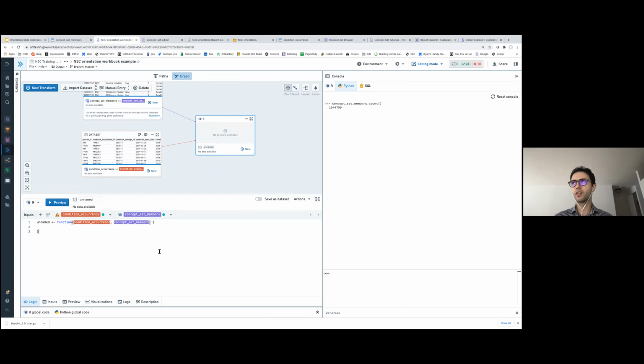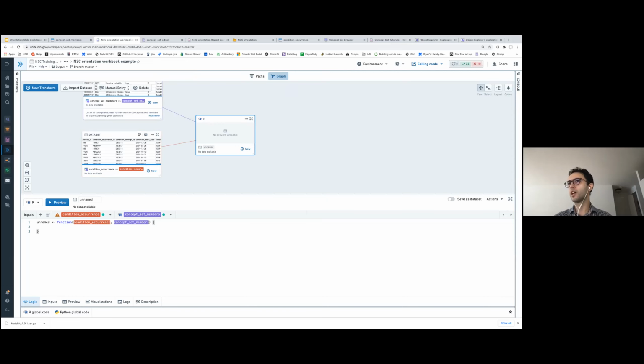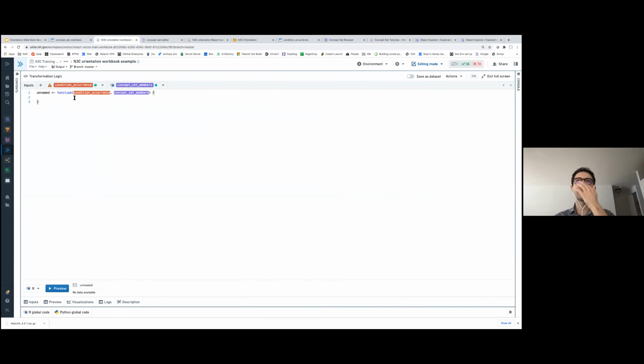So now my transformation, let me close this console and maybe expand my code. My transformation is taking these two data frames, and I can write my code in here to return a new data frame. Something to note here about the languages is that you can use Spark or you can use native R for manipulating data frames. If you use R, you can use native R to manipulate data frames. If you use Python, you can use a library like Pandas to manipulate data frames.